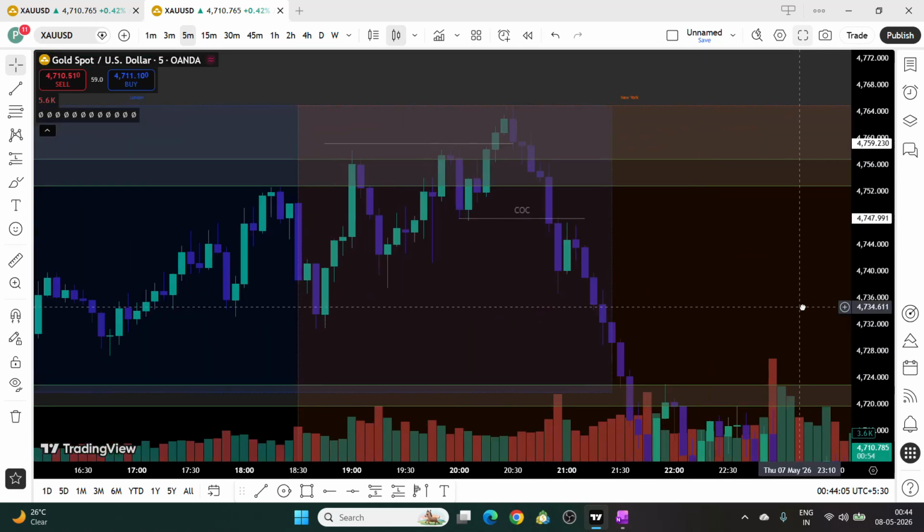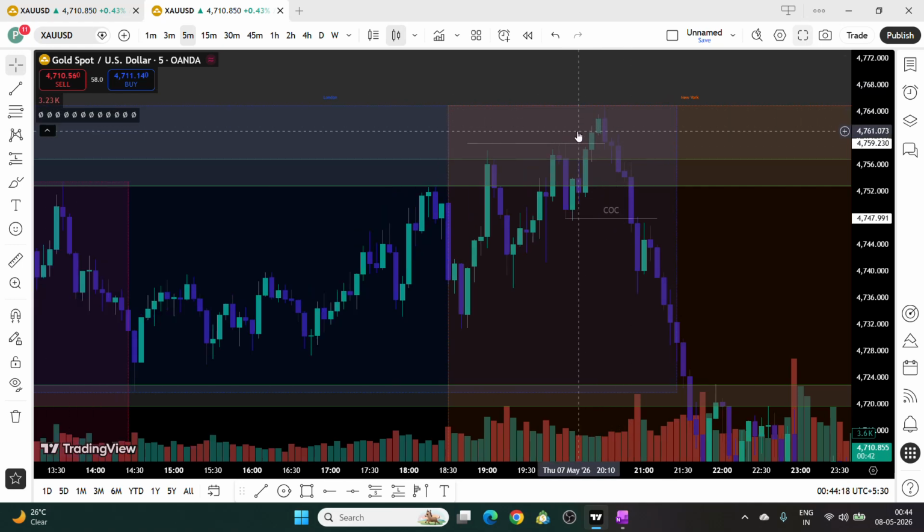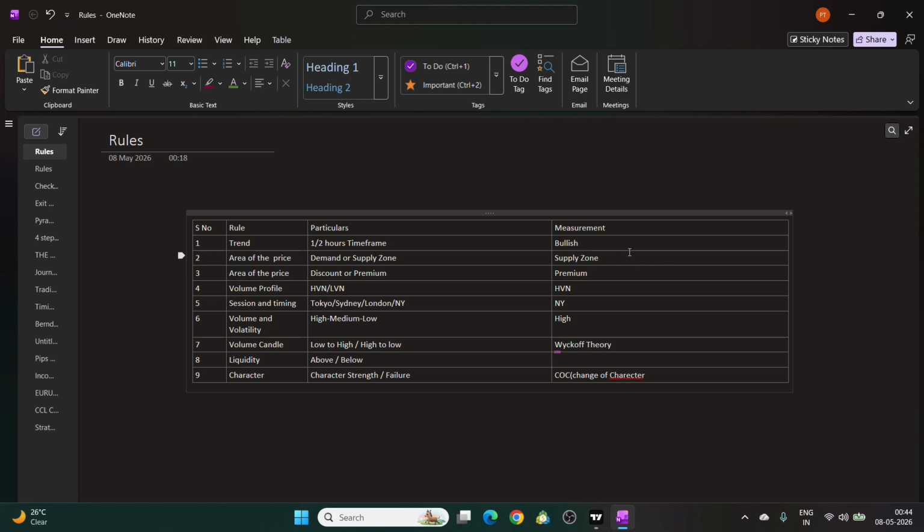If you see here, almost similar, and it is not creating any new high. Though it went up, it is not able to create any new high, which means the price has started reversing. I can even say, looking at this itself, based on rules, the trend in the 1 or 2 hour time frame is bullish, and the volume is huge during the London and New York overlap, and it is in the supply zone and the premium, and it is at the high volume node. Looking at these three, I can say the price